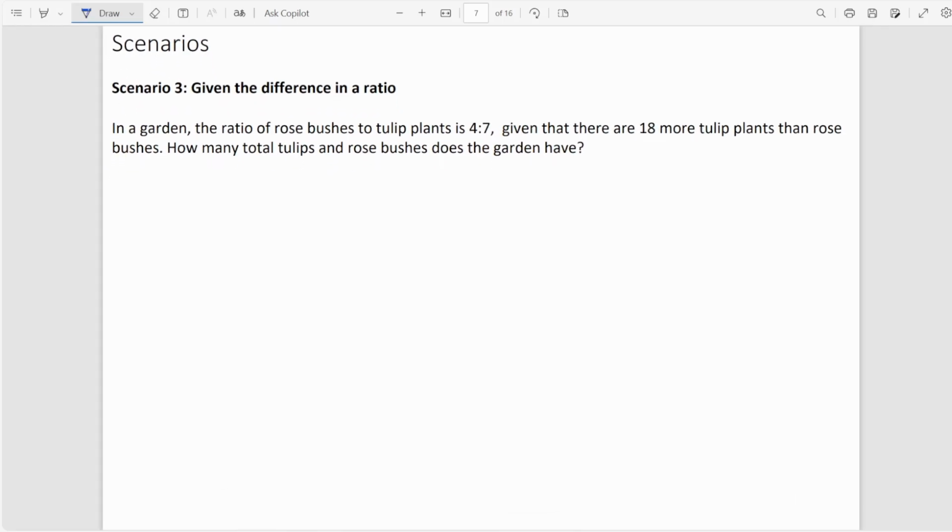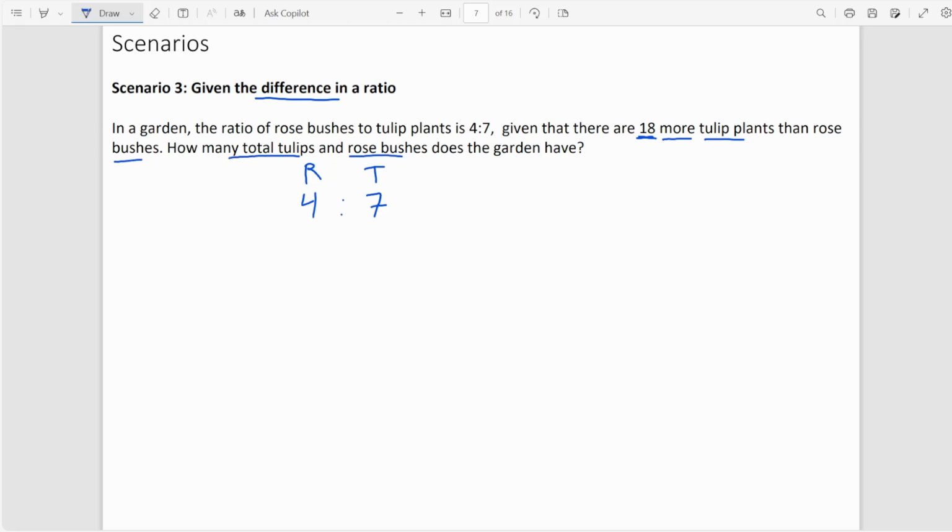Okay, let's take a look here. Now, sometimes you are given the difference in a ratio. In a garden, the ratio of rose bushes to tulip plants is 4 to 7. Okay, 4 to 7. And right here you have rose bushes and you have tulips over here. Given that there are 18 more tulip plants than rose bushes, how many total tulips and rose bushes does the